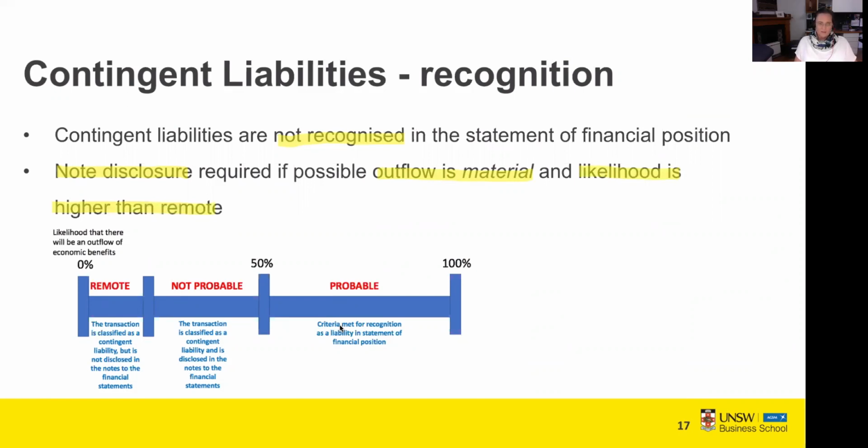So we've got a whole range of different terminology throughout this standard to describe different levels of likelihood. So if we look at the diagram at the bottom, we already talked about this idea of whether something is probable. So if the likelihood is more than 50%, it's probable. If the likelihood is less than 50%, it's not probable. But if the likelihood is very unlikely, then it's referred to as remote. So we know that probable is more likely than not. So we know that the distinction between something being probable or not probable is 50%. We can measure that.